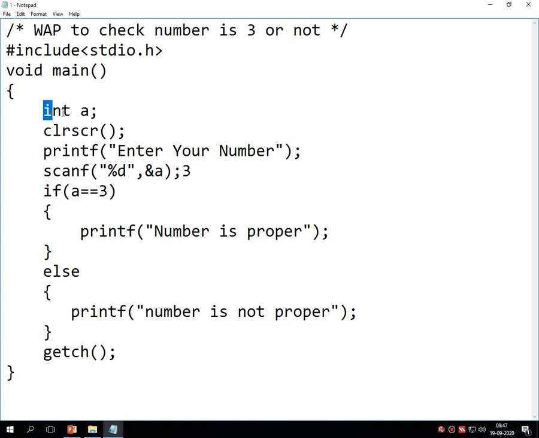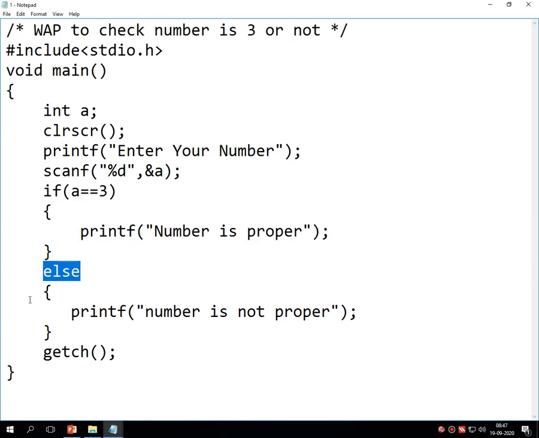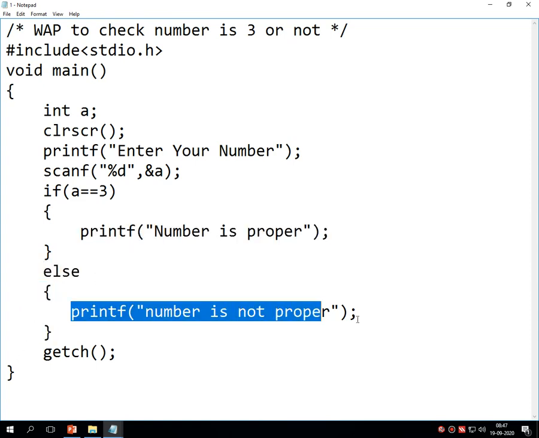Then the variables are integer a, clrscr, printf, enter your number, scanf %d and &a. Let me remove this 3, it's an example. Then if a double equals to 3, opening bracket, if the condition is true, then it will print number is proper, else it prints the number is not proper.